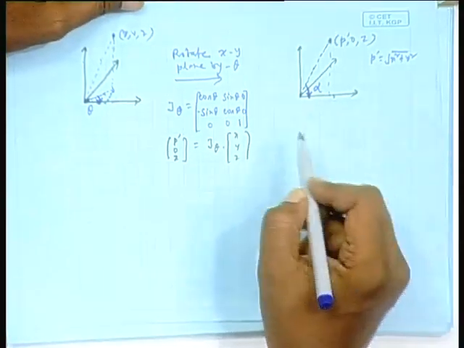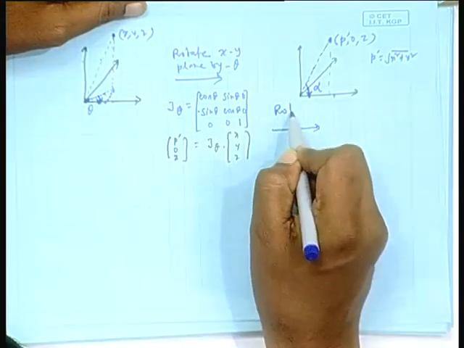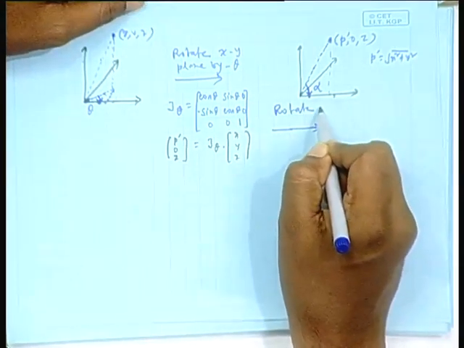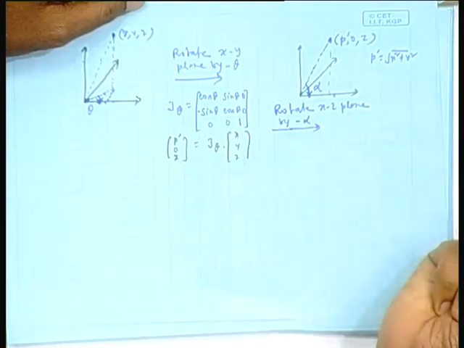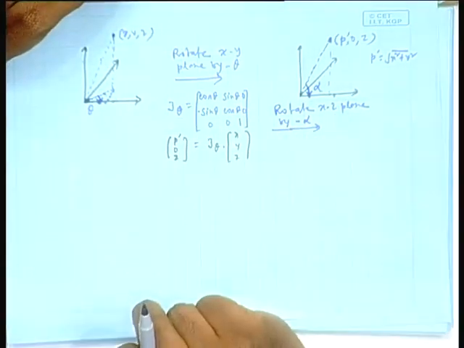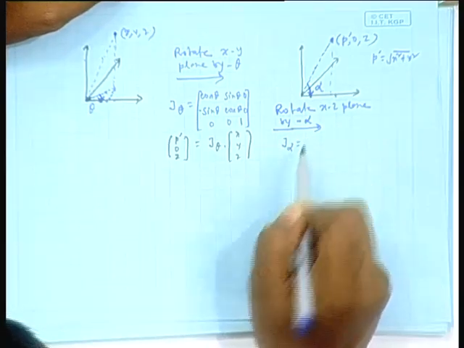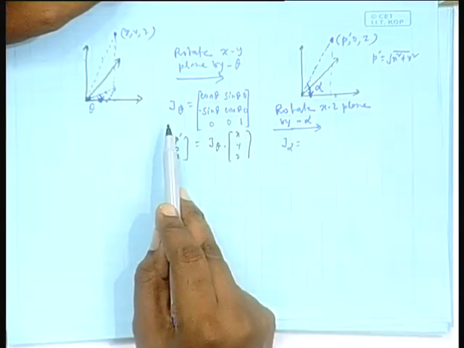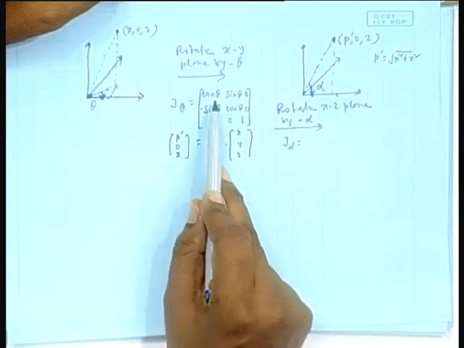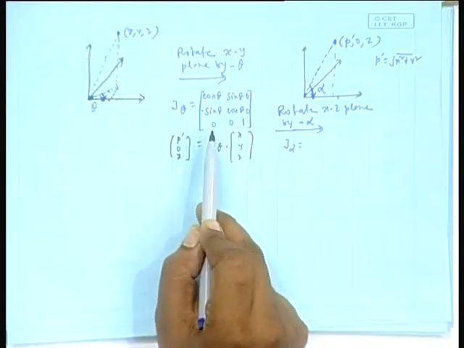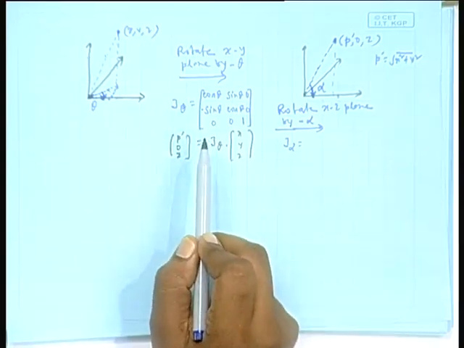So, that means I will now be rotating the x z plane by minus alpha, which is equivalent to doing actual rotation of that vector by alpha. Okay. So, I have another matrix here now, J alpha. J theta is unitary, you all agree? Any rotation matrix is unitary. It is unitary, 0 0 0 0 1, and this is the rotation part. Okay, you can easily see this is unitary. J theta transpose J theta will be 1.